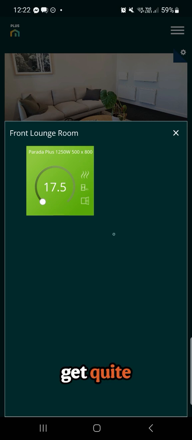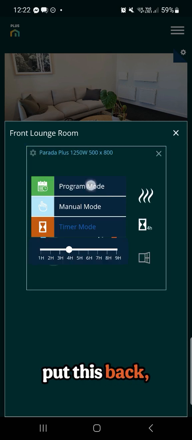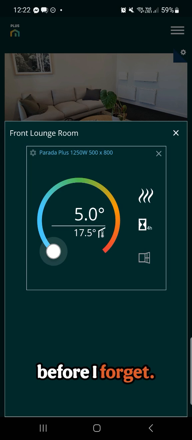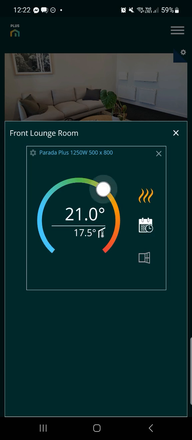You can get quite granular with how you're running the heaters here. If you have a fairly consistent schedule, you can set it up to your liking per day, per degree, per minute through the settings in the back end. I'm going to put this back before I forget. So it's back to its programmed